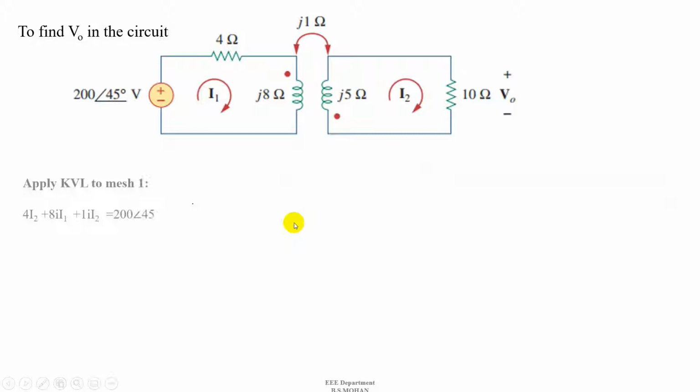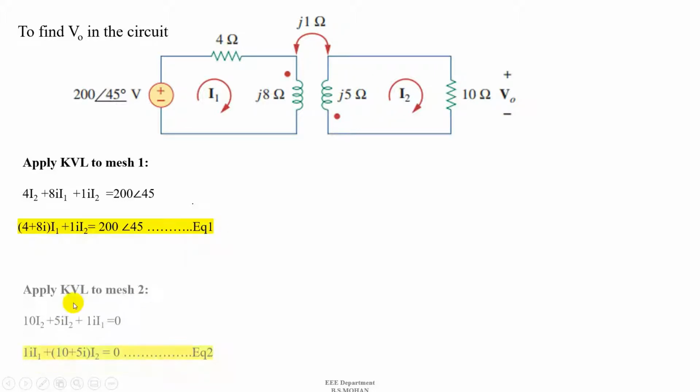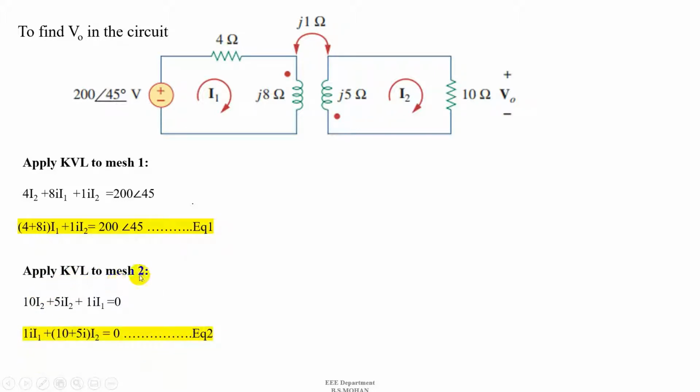On applying KVL to mesh 1, we get the final equation as (4 + 8i) I1 + 1i I2, which is equal to 200 at an angle 45, as equation 1. And on applying KVL to mesh 2, we get the equation as 1i I1 + (10 + 5i) I2, which is equal to 0, as equation 2. Now on solving equation 1 and 2 in the form of matrix,